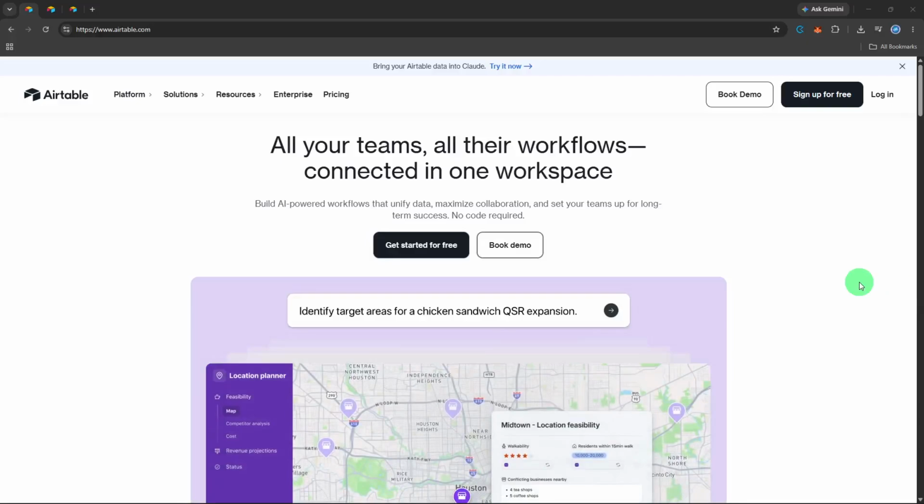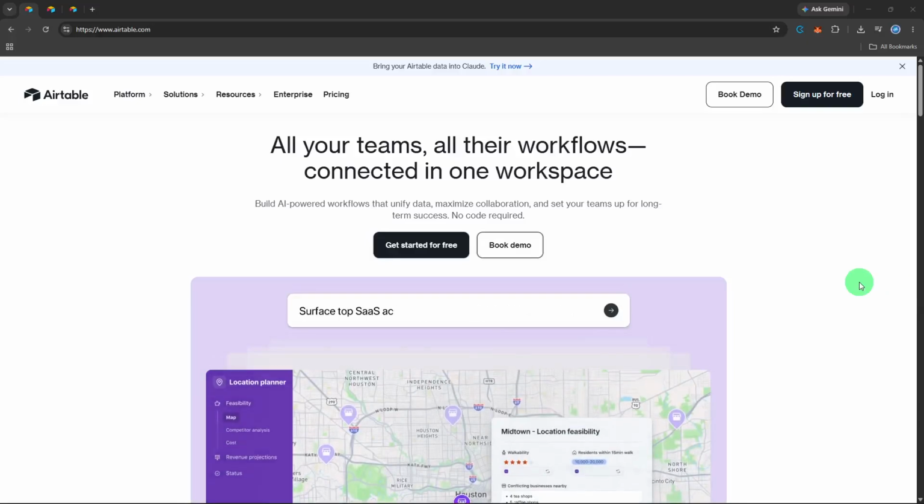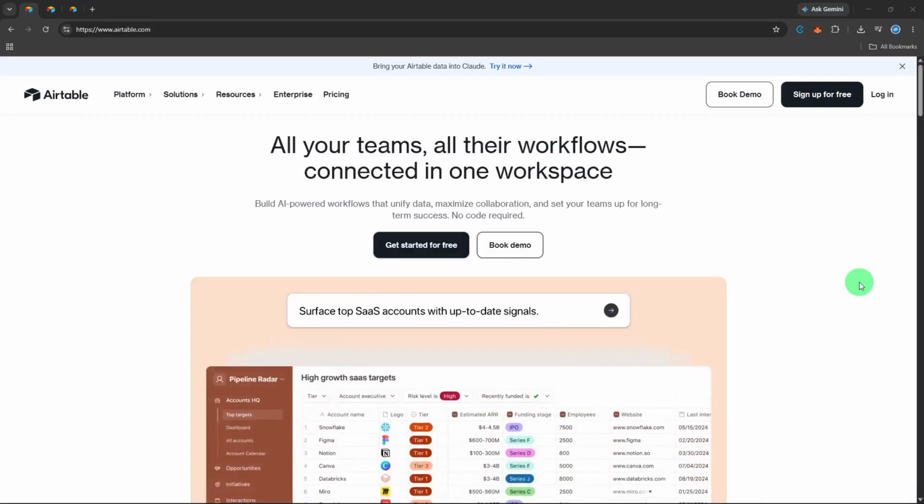Today, I'll walk you through how to select multiple records in Airtable so you can edit, delete, or copy them